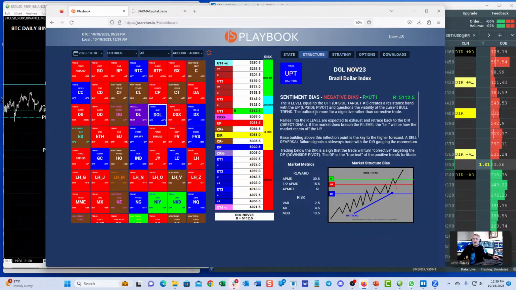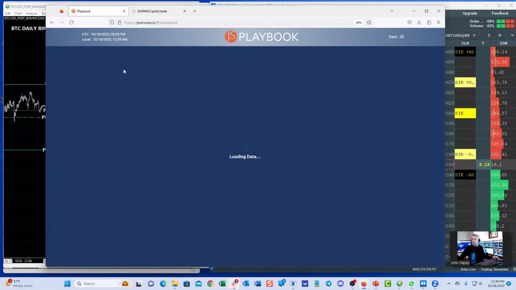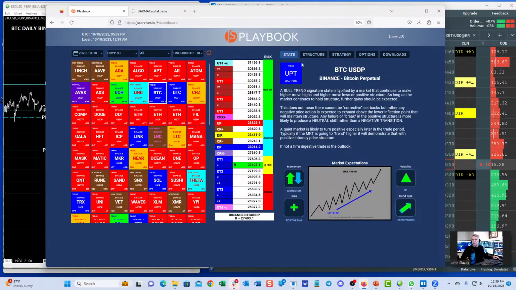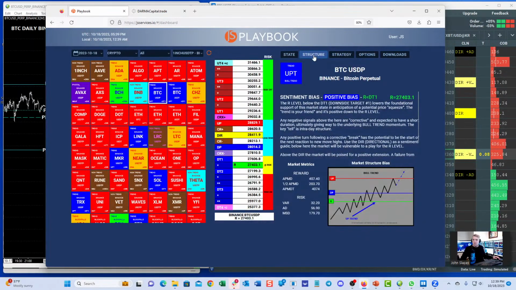You're coming into a bull trend context, but sentiment's above the market. So that's in conflict with this underlying state. So the expectation is corrective, and it's corrective below this price point. That's what it's all about, just aligning your expectations with the facts. For Bitcoin, we know from the start of the session the context is positive, so we're buying dips, but this thing can break pretty good. It's more likely than not, though the market can scale from here, and we've seen crypto do that plenty of times, so you have to respect it, but you have to be aware of the tells.